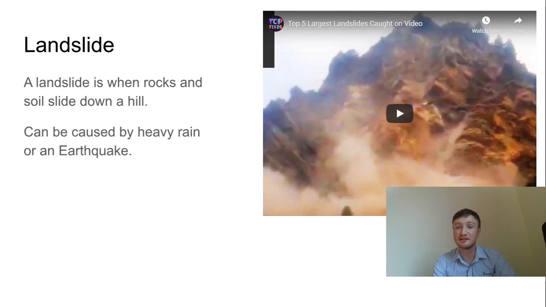So landslides can be full of lots of heavy rocks and soil. So what effect do you think that can have on people? Just shout out your answers to me. I'll listen really carefully. Yes, exactly. It can destroy houses, destroy people's property, destroy roads, so you can't drive to school. Let's see if we can see some of this video.